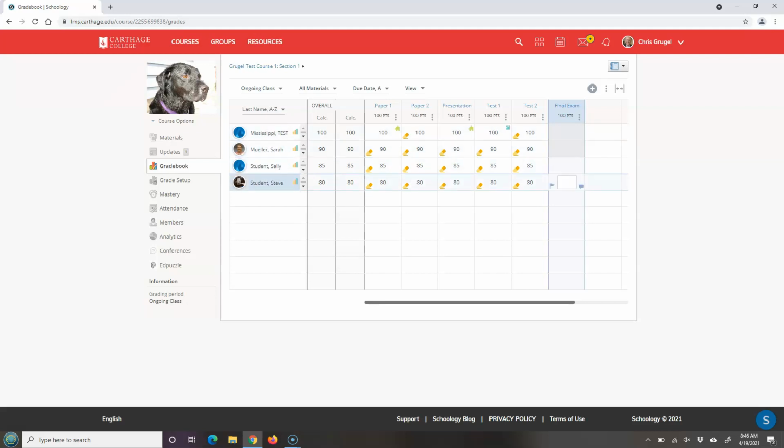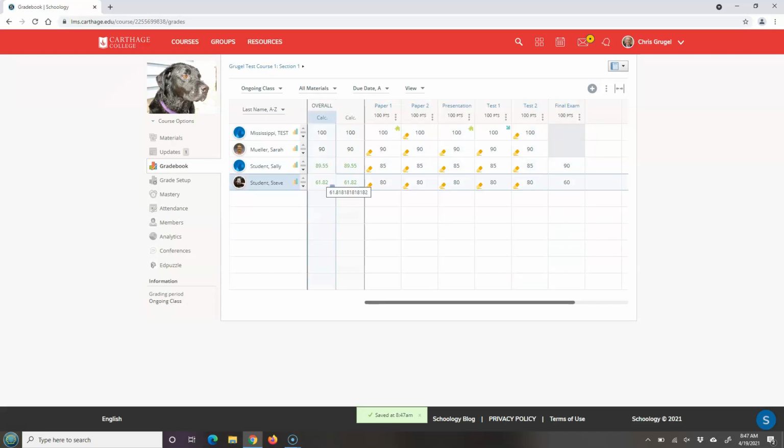And so for Sally student and Steve student, when those scores come in, for example, if Sally got a 90, you would see that her score goes up to 89.55, her overall score. And then for Steve, the same thing. If he got a 90, you would see his score go up. But if you design the final exam so the final overall score is not supposed to hurt the student, so for example, if Steve did not do so good on the final exam, if Steve got a 60,